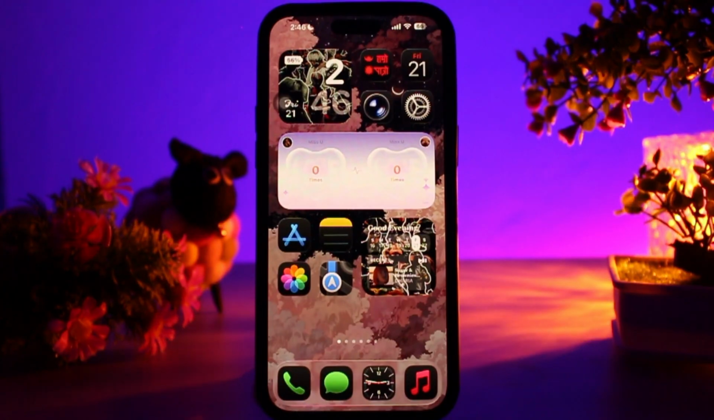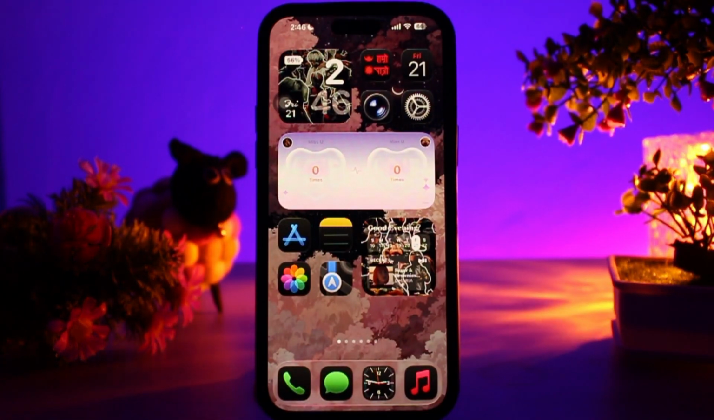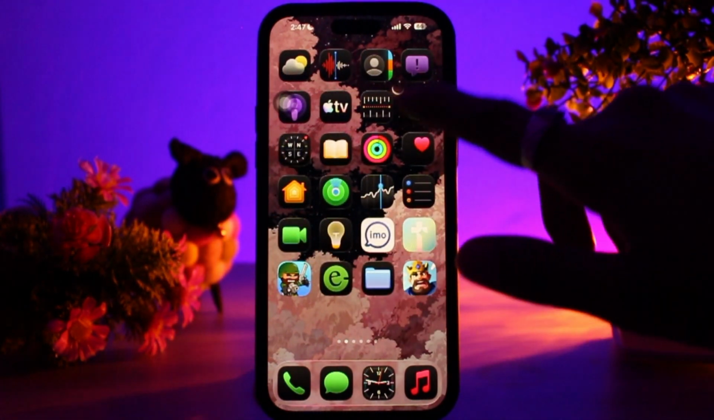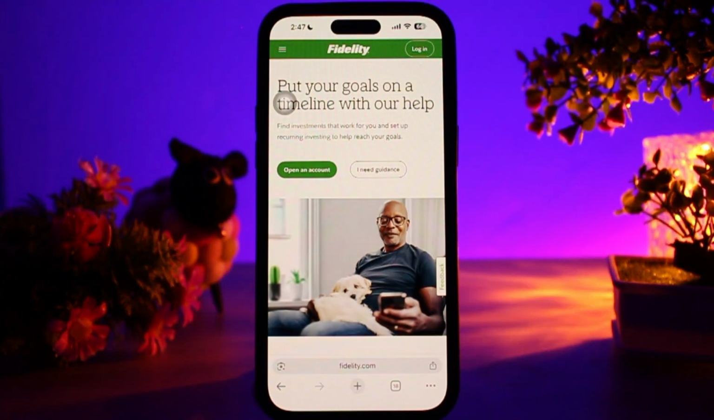So the first thing that you need to do is prepare your information like your full legal name, SSN, address, phone and email, bank account info for funding your IRA, and employment and income info. The next is to simply head over and open up a browser. Then on the search bar, type in fidelity.com, and once the homepage of Fidelity opens, simply tap on open